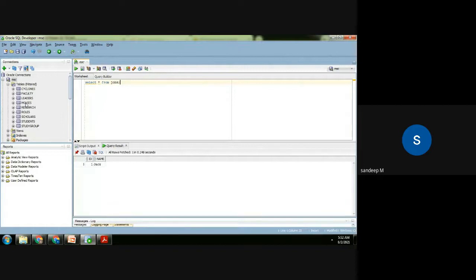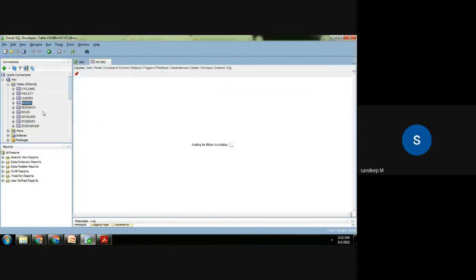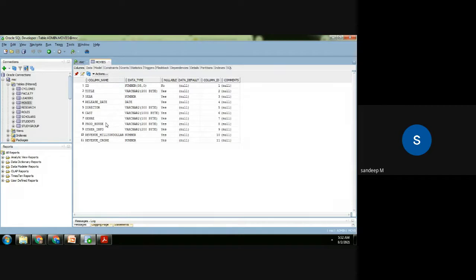Say for example, let's say I have a movies database, or there's a cyclone database. You can work on any one of them. I'm just worried the movies database is a bit long, having about 3,000 rows. I'm just worried it might hang. Let's see. Okay, so the movies database has some 11 columns.